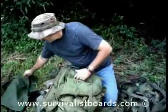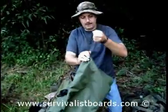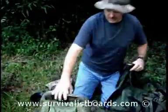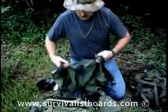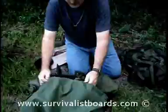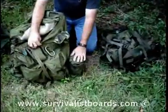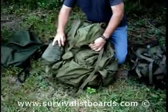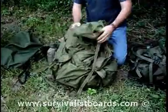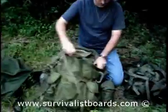But whenever I'm carrying my cold weather bag with me, I have a weather resistant bag. I'll shove my sleeping bag inside of here, cinch it up, then I will run these straps to the top right here so my sleeping bag sits on top of the Alice pack like that. Another thing, notice how I've got a 2-quart canteen here, and I've got a 1-quart canteen here. You could attach a 2-quart here. One of my buddies I go camping with is also a member of the website. What he does, instead of putting his 2 quarts down here on the bottom, he puts them up here on top,